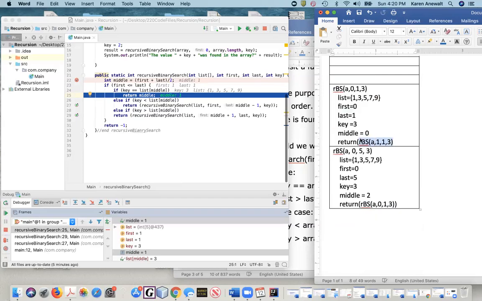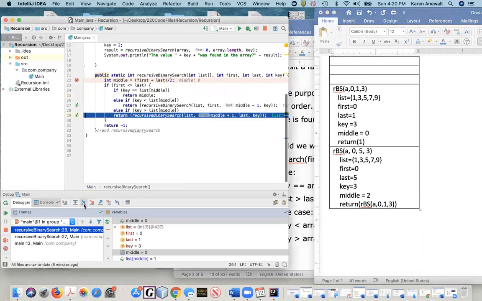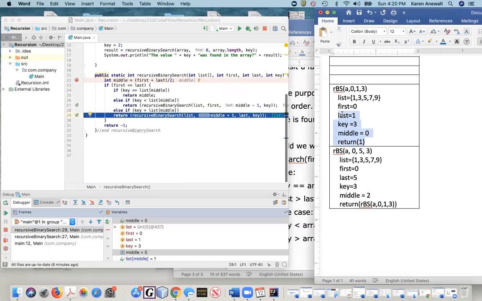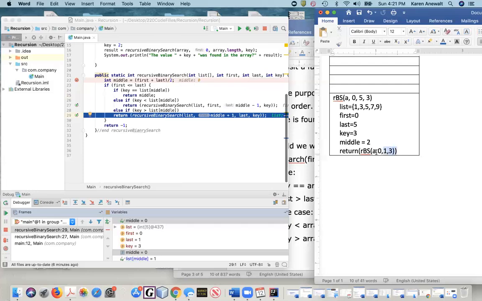That's being returned right here where we had previously called that method recursively. So it's coming down here to the return statement. Now it knows that the return value here is 1. And so we're going to be able to execute this return statement as well. The value that we're returning is 1. So where's that going to get returned? It's going to replace the previous method call right here,